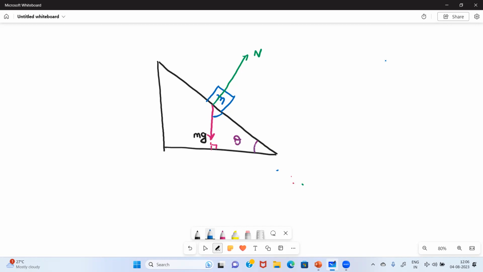180 degrees. Out of that, it's a perpendicular, 90 degrees, right? Right angle is 90 degrees. And the other one is theta. So what will be the other one? Louder. 90 minus theta, right? So the other angle will be 90 minus theta, because 90 minus theta plus theta is 90, and 90 plus 90 is 180. Understood? Now,